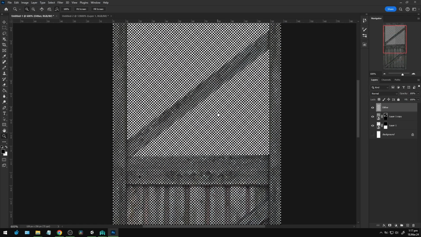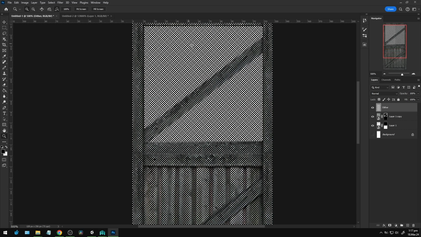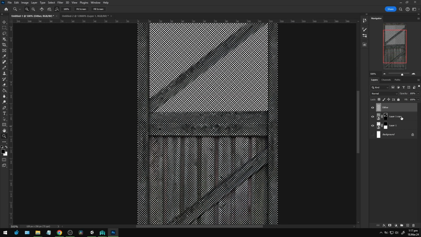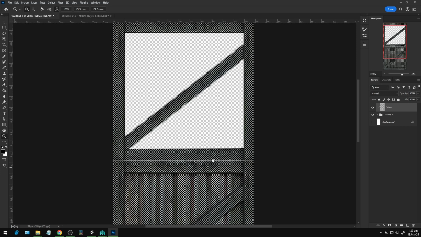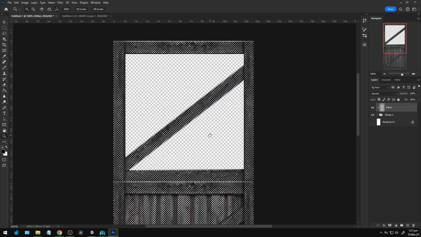So what we have to do from here is make sure that the checker isn't appearing on any of the transparent elements. To do that in this case, I'm just going to group both of these layers here so that they're essentially one object. If you select the dither layer and hold the Alt key, you can come between the dither layer and this group here and click, and that will apply the dither layer to only what's visible in the group below it. As you can see, the transparent areas don't have the dither anymore,